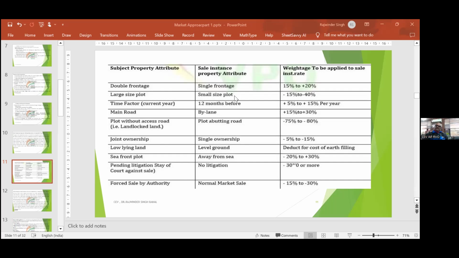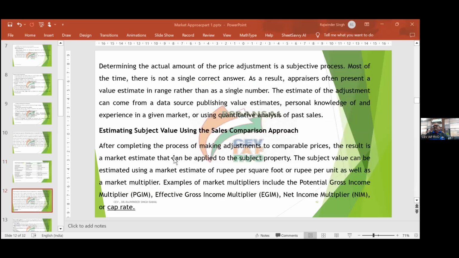देखिए एक टाइडल जोन होता है जहां हाई टाइड्स के दौरान प्रॉपर्टी सबमर्ज हो जाती है, या फिर अगर आप किसी दरिया या नदी के आसपास हैं, वहां भी एक टाइडल जोन होता है। अगर लैंड बारिश वगैरह के दौरान सबमर्ज होती है, तो उसकी वैल्यू ऑलमोस्ट जीरो हो जाती है। तो ये आपको एज अ वैल्यूअर कंसिडर करना पड़ेगा। आपको पूरा डेमोग्राफिक सर्वे करना पड़ेगा, कितने टाइम के लिए कितनी टाइड्स रहती हैं और कितना वाटर लेवल ऊपर रहता है। सारा स्टैटिस्टिकल डाटा आपको रिकॉर्ड पर रखना होगा अगर आप उस एरिया में वैल्यूएशन करने वाले हैं।